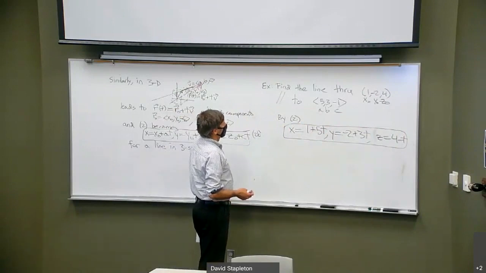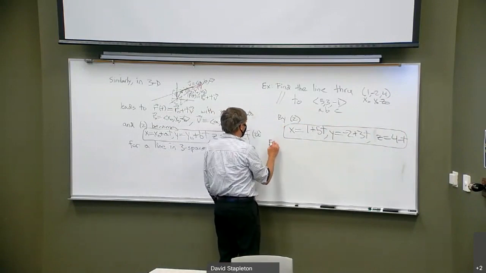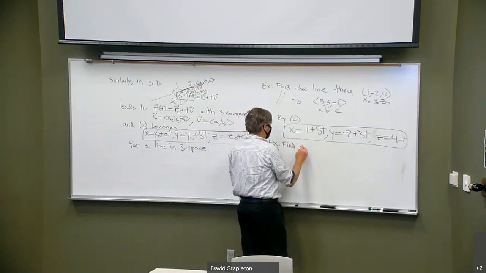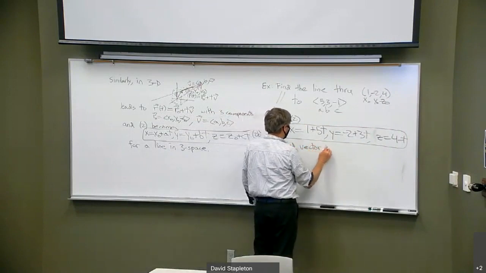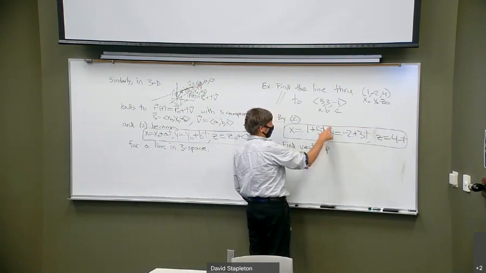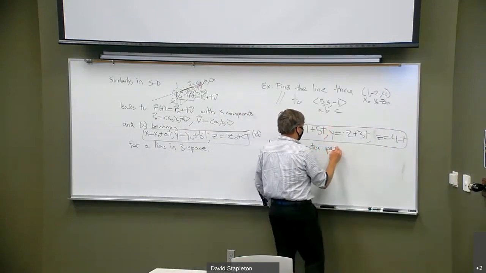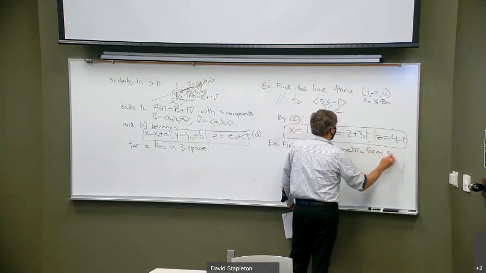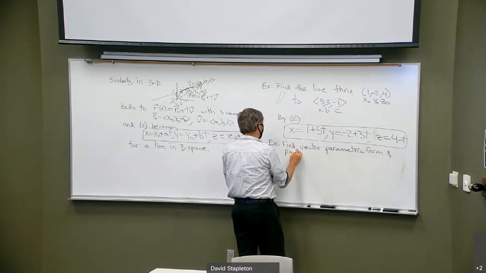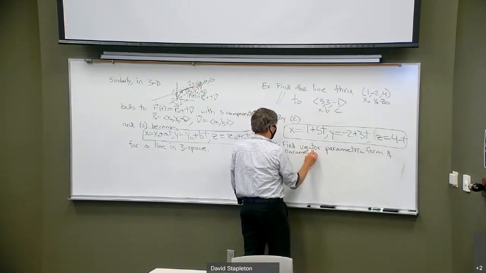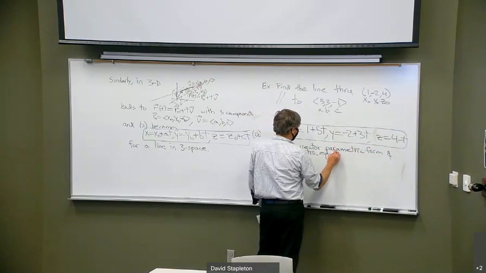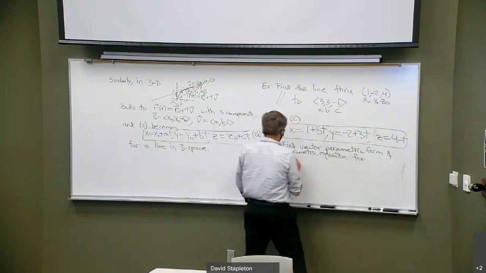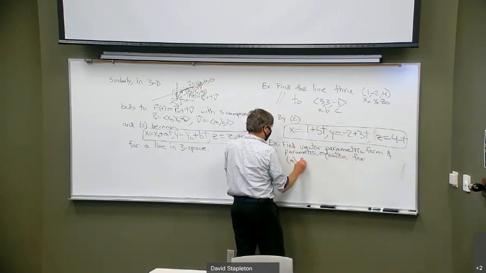How about this one? Find the vector parametric form 1. This is parametric equations here. Find the vector parametric form and parametric equations. Not for the line, but for, well, actually, let's do both. Let's say 1A, the line